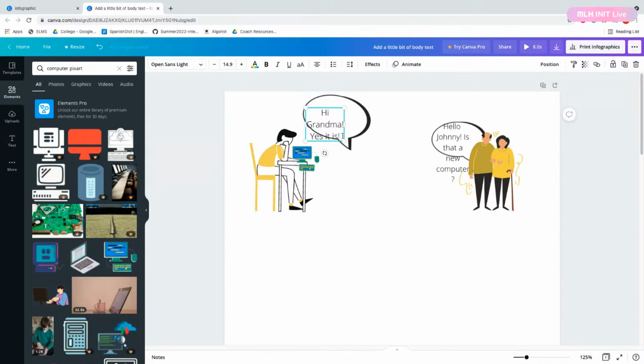So this is how we're establishing in this first part that Johnny's grandparents see that he has a new computer, and then next I'll have the interaction be that his grandparents will say, "Oh, since you're so good with computers, you should help me fix my printer." And then he'll say, "Just because I like computers doesn't mean I can fix your printer." I'll explain that they're different.